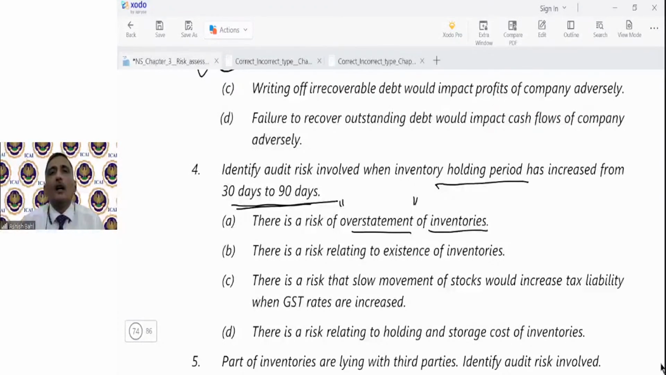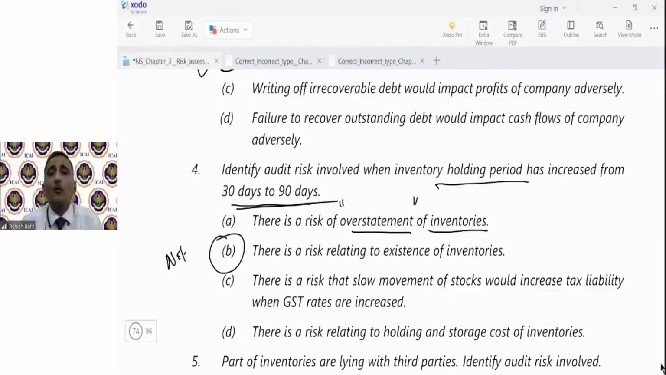Okay, so if the company does not make adequate provision for obsolescence, for obsolete inventories, then it carries risk of overstatement of inventories. So answer is option A. So there is a risk relating to existence of inventories? Obviously not. Inventories तो है ही, existence का कैसे risk है? How risk is related to existence of inventories? सिर्फ यही है कि स्टॉक ज्यादा इकट्ठा हो रहा है, एग्जिस्टेंस से तो इसका कोई मतलब नहीं है।